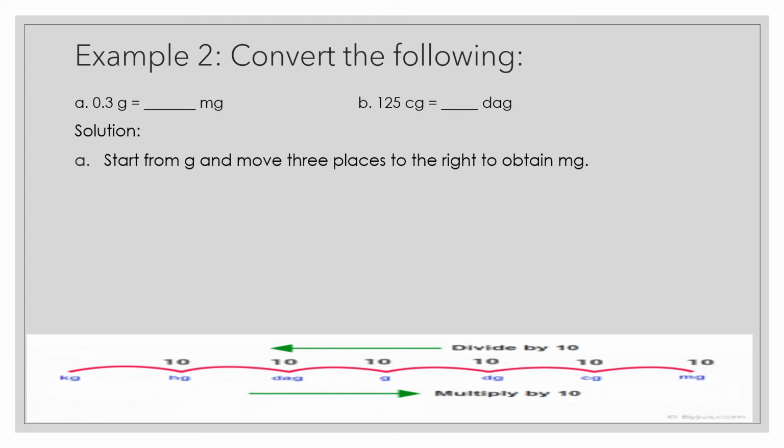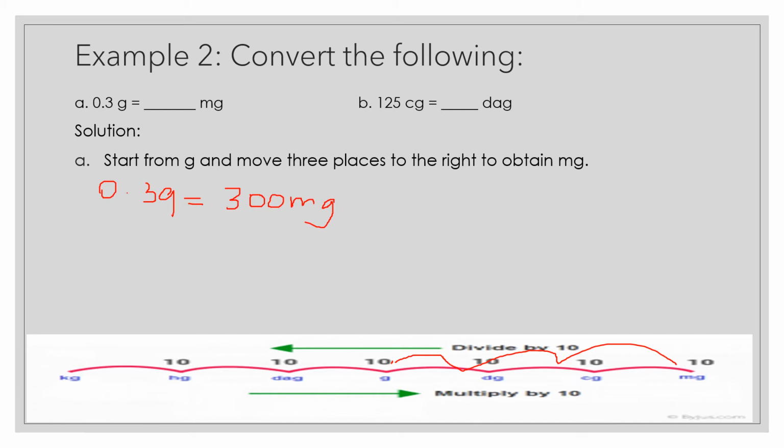So it says start from the gram, and move 3 places to the right to obtain milligrams. So from here, we will move from gram 1, 2, 3. So that means 0.3 grams is equal to 300 milligrams. Why? Because 0.3 times